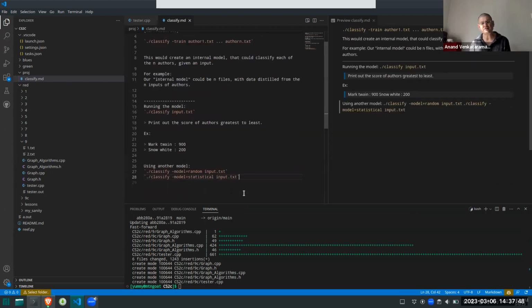You just say, used model equals random. Later on, don't try to make it general at this point. Don't try to add flags, although it's very tempting to say I'm going to handle multiple models: dash random, dash statistical, dash tree, and so on. It's tempting to do that. Don't.